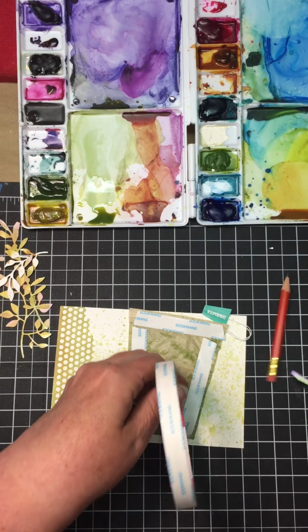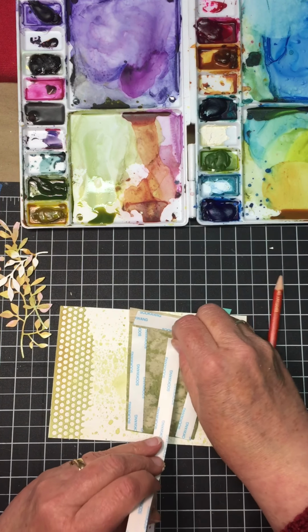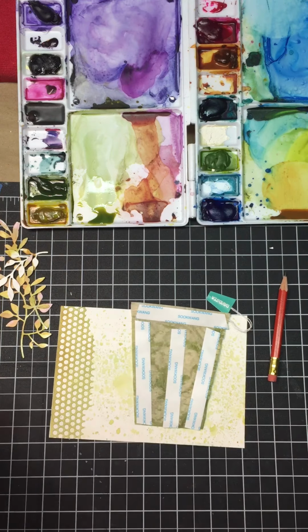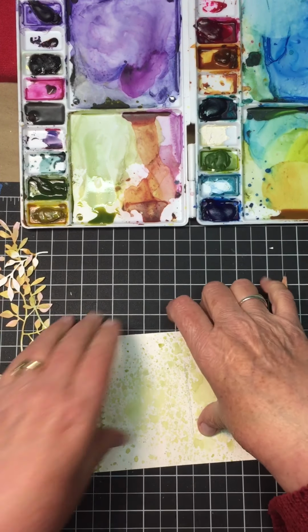This side. And maybe one more in the middle. That one's kind of close. All right, so we'll set that aside. Now, the greens,